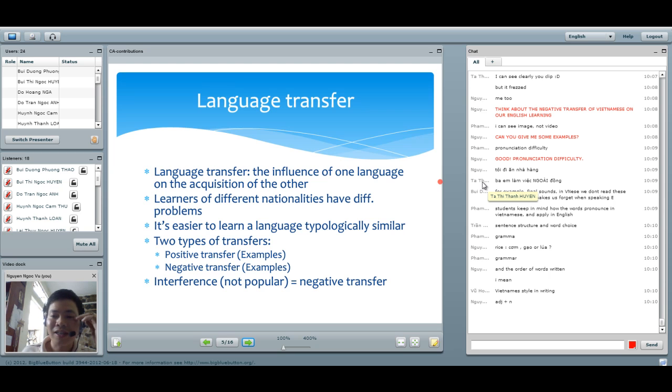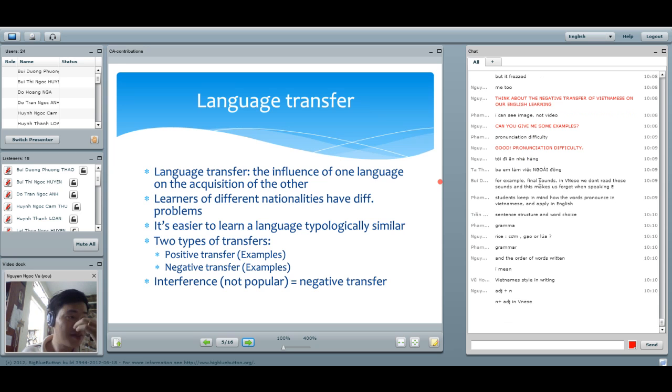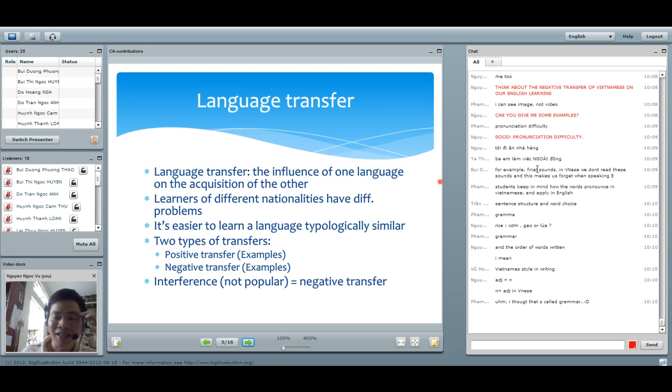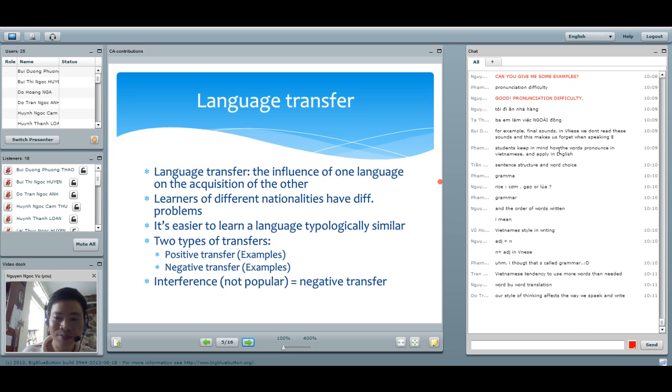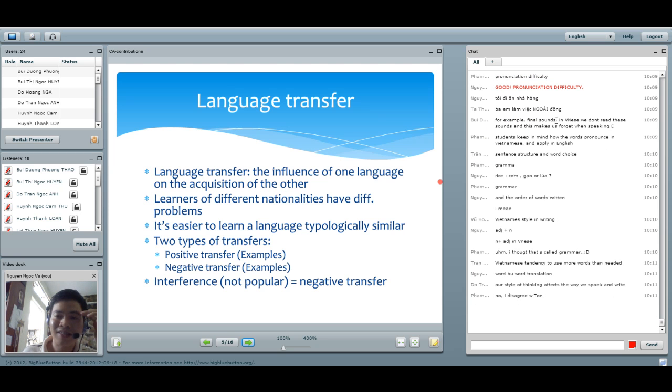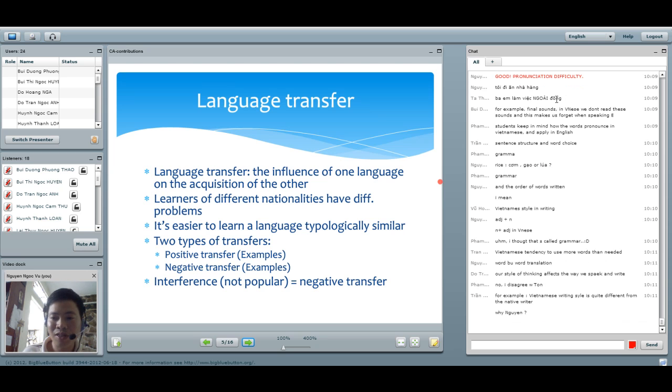Yeah, Tạ Thị Thanh Huyền mentions the case of prepositions in English and Vietnamese that are so different, and Vietnamese students would tend to translate this into my father is working outside or out of the field, for example. Later on, when we discuss the differences in syntax and the semantics features of the two languages, we'll come back to this point.